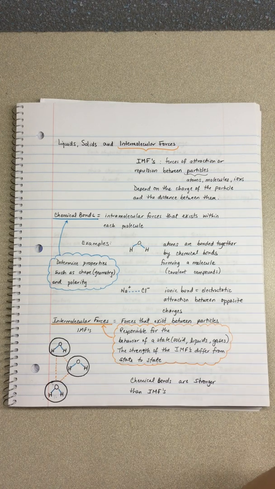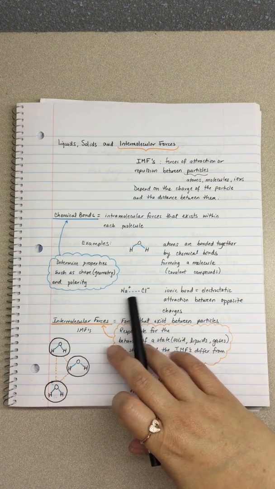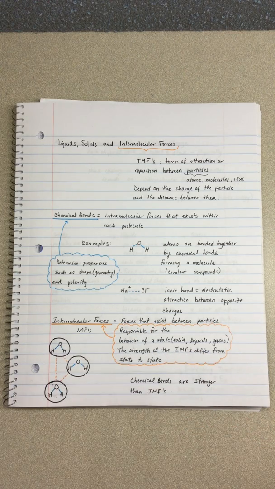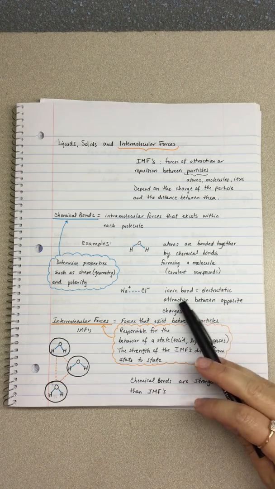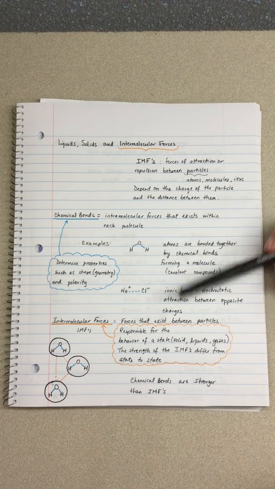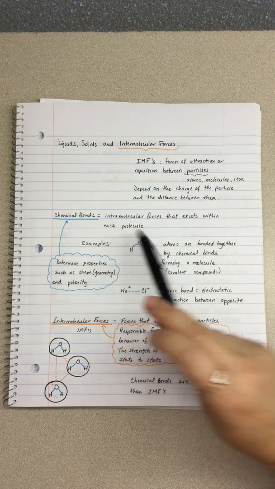in just a moment. And I also have an example here for ionic compounds, where you have a chemical bond, which is an ionic bond because that bond is happening between opposite charges. So it's an electrostatic attraction between opposite charges. There's transfer of electrons. Your metal is losing, your non-metal is gaining, forming your charges, and then the attraction between those opposite charges will give you your ionic bond. So your covalent and ionic bonds, those are intramolecular forces. Now,